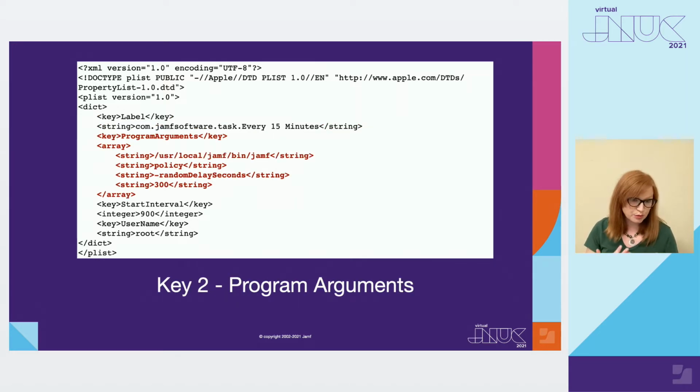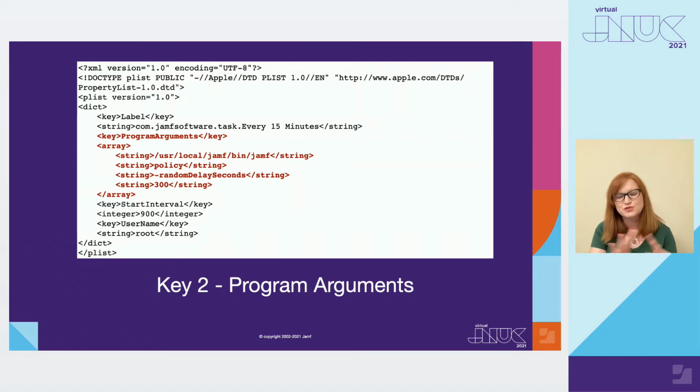The next key we're going to look at is program arguments. Sometimes they don't have program arguments. Sometimes they have program, but we're not going to go over that right now. Again, intro to launch daemons. So you're going to see some strings here. In a lot of cases, they only have one or two strings. Sometimes these are just really simple commands. This launch daemon is running the Jamf binary, and you might recognize this if you've ever done the troubleshooting step of a computer on Jamf that you want to check in. You want to manually trigger the recurring check-in for a policy or something like that. If you haven't done that, you can do that.